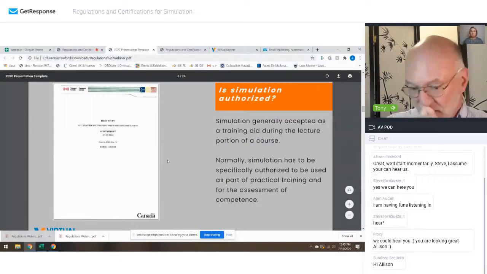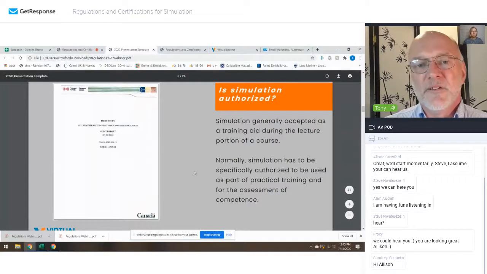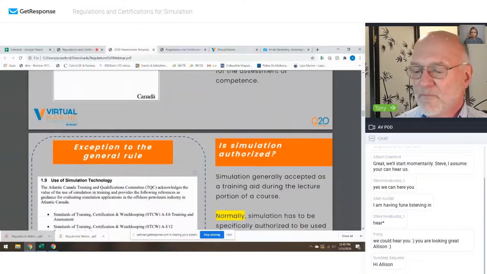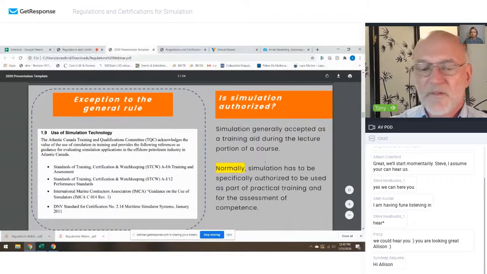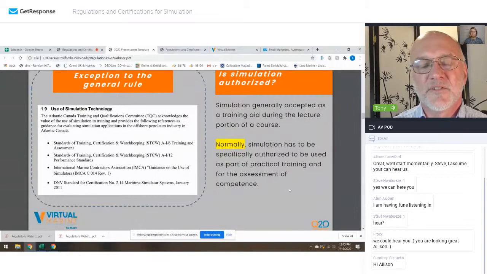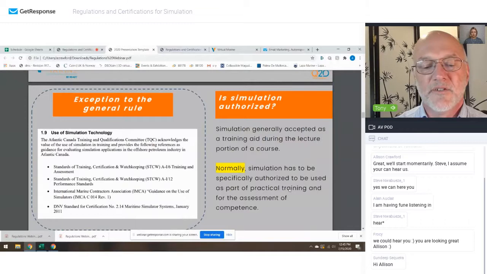So we'll move on now. That gives you an idea that if you want to use simulation for a particular application, your first place to look is the convention itself to see if simulation is allowed. If it is allowed, then you say, well, how do I know if I have a simulator that meets the requirements that are in the convention? Because there are specific things that the simulator has to be able to do that's actually hardwired into the convention, and the regulation that deals with that is Regulation 1/12, the use of simulators.